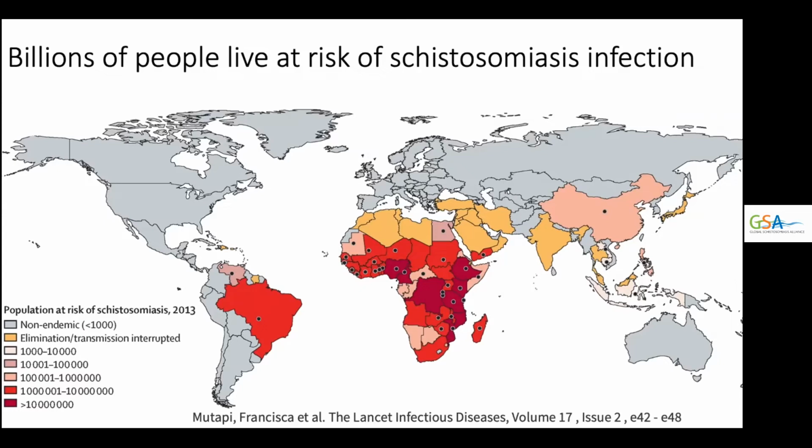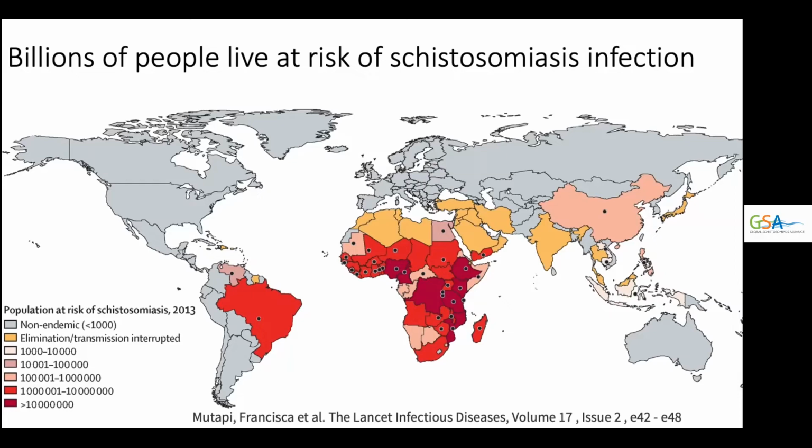I actually did my graduate work in human medical genetics with a bunch of people who know very little about schistosomiasis, so I'm used to beginning these talks with an introduction to the devastation caused by schistosomiasis throughout much of the world. Given the nature of this meeting and your expertise on the subject, I'm happy to skip over some of those details, but do wish to start out by highlighting what you probably already know, that billions of people throughout the world live in areas where schistosomiasis is endemic and live at risk of infection.